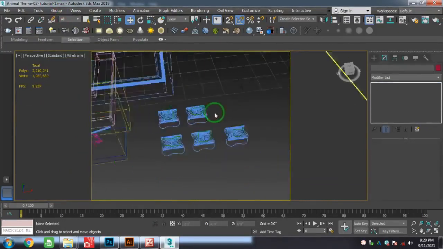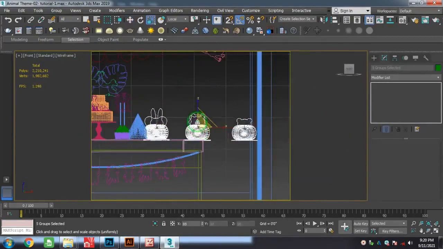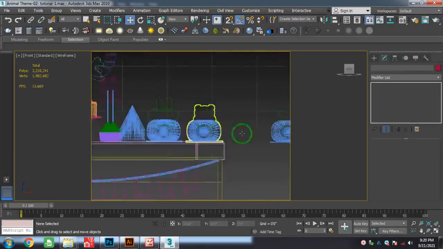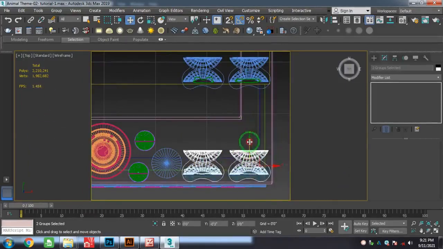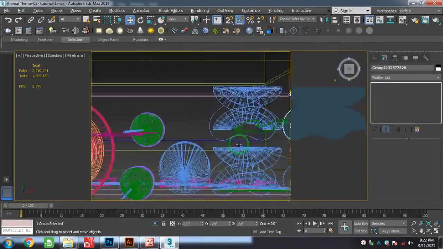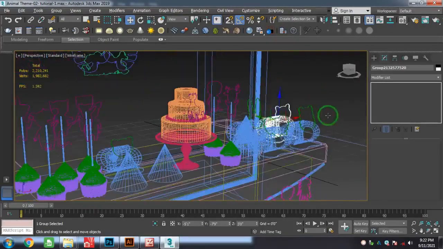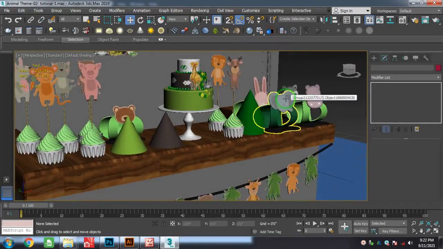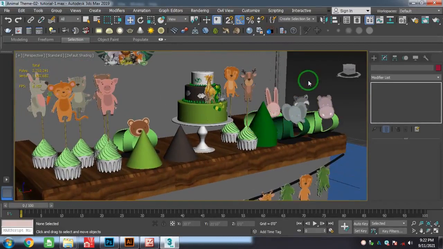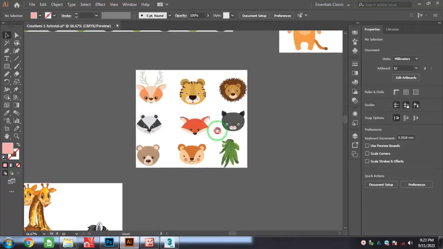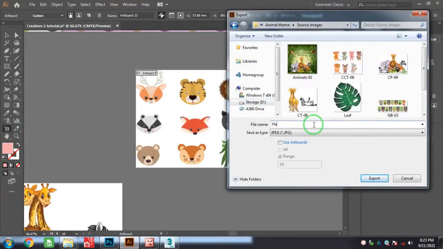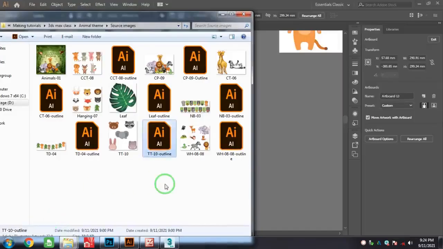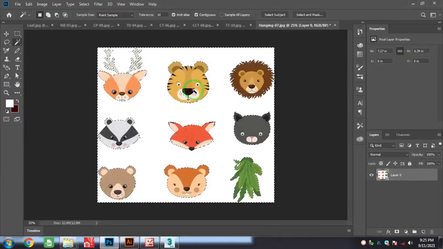Just tilt it and arrange on that standee, and you just group all these things and place it on that table. Okay, we have done tabletop, and next we want to make some ceiling hangings. So we have some creatives for that. I just export it in JPEG format and open it in Photoshop, and just make an Illustrator path for this, and